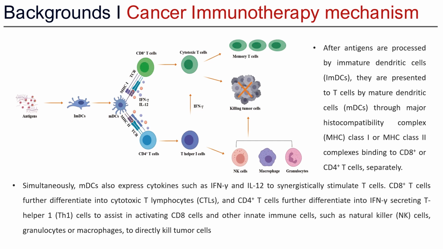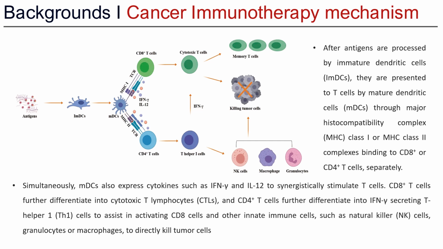Simultaneously, the mature dendritic cells also express cytokines such as interferon gamma and interleukin 12 to synergistically stimulate the T cells. CD8 T cells further differentiate into cytotoxic T lymphocytes, and CD4 T cells further differentiate into interferon gamma secreting